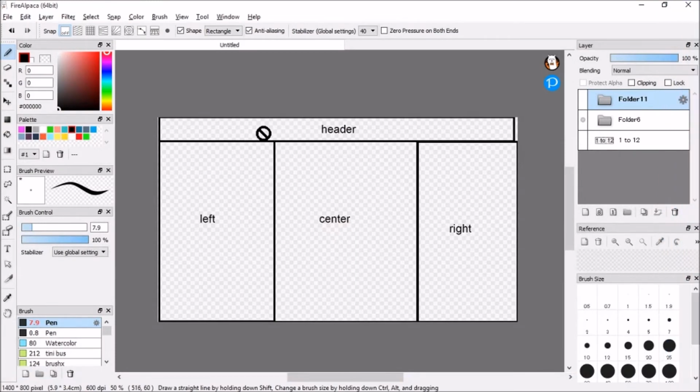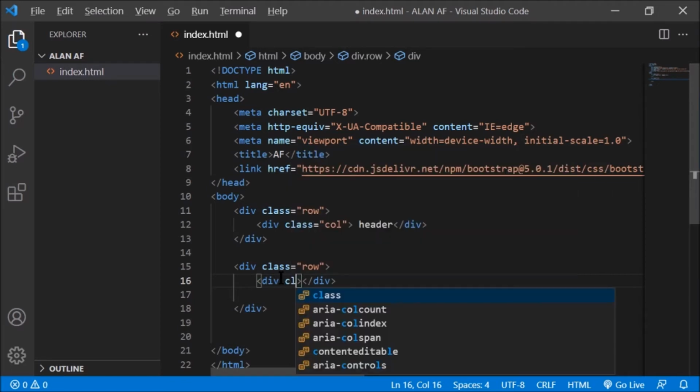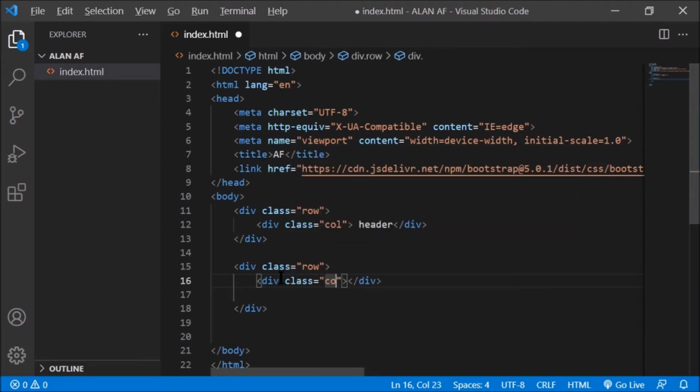We had added a first row with only one column, and we are going to add a second row with 3 columns. So how to add 3 columns? We have to create 3 divs. The first div has class col, which contains one column.